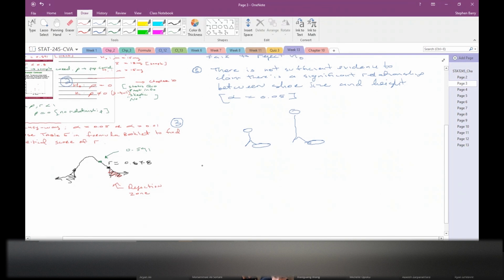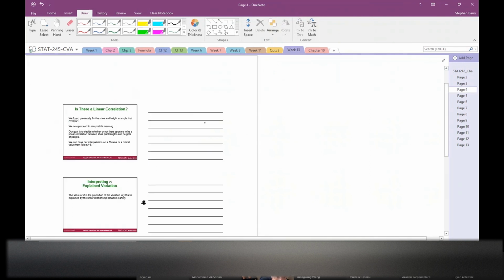So the idea is that if you look at the statements that they make there in the slideshows as well, they talk about something called correlation does not imply causation. Even if there was, and you'll remember this from chapter 1, not imply causation, right? In other words, big shoes, even if you had a sample size of 12, right? Like let's say you had a sample size of 12 and you had that R value of 0.591, it becomes significant,